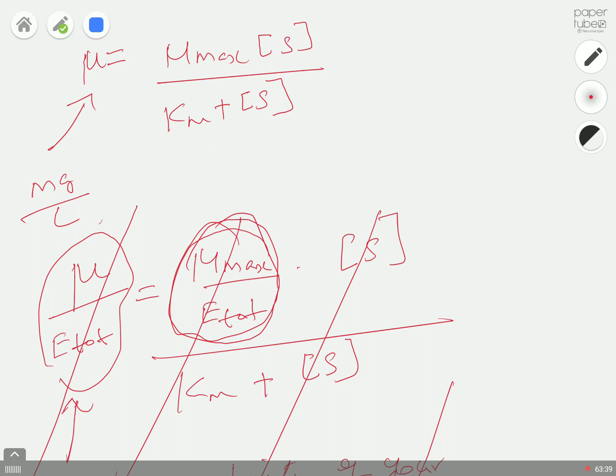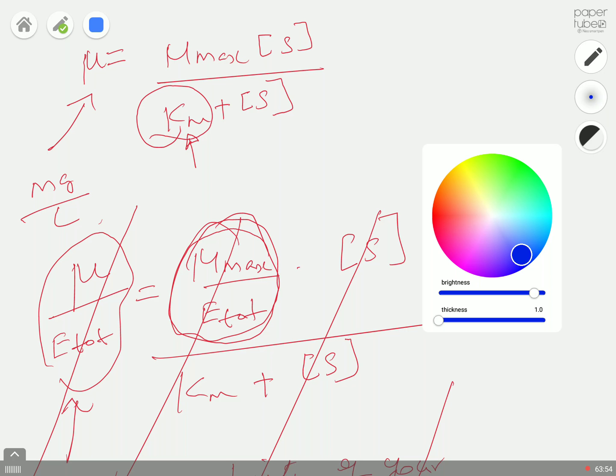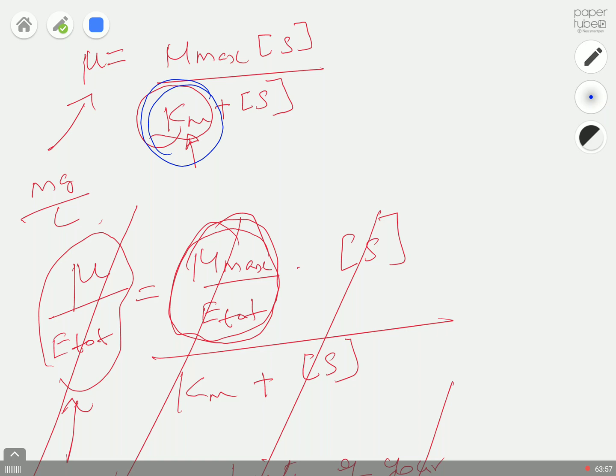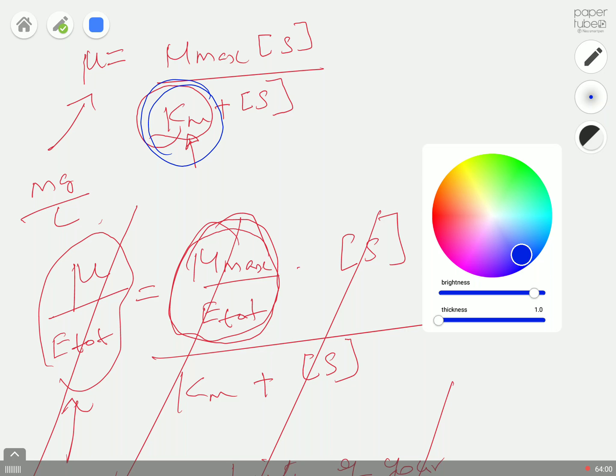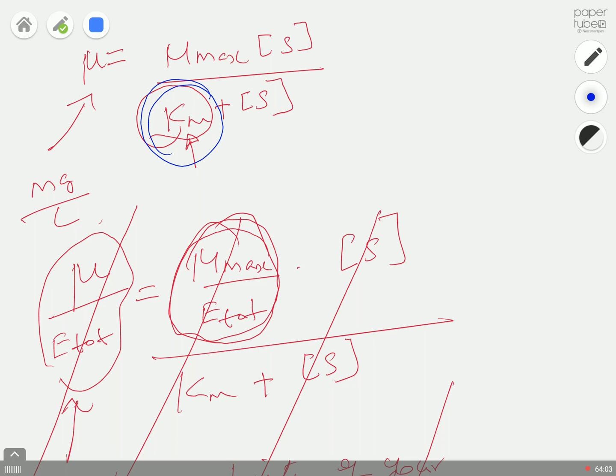And now I'm going to do some not calculations. I'm going to give some tips on how to calculate or how to get these kinetic constants like Km. Let me use some other color. This Km value which is here, and this maximum initial velocity, not growth rate, maximum initial velocity, mu max. So how to get that one? To get that one,